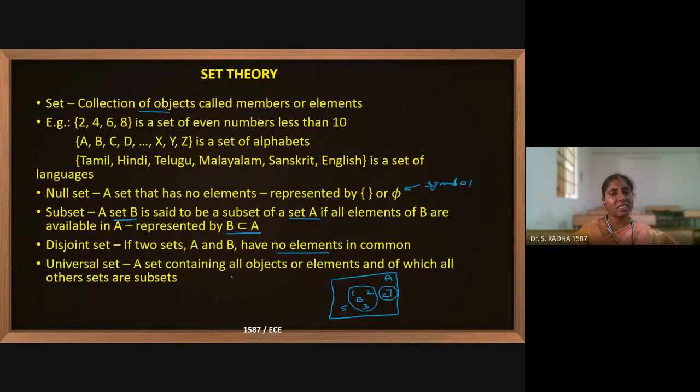A is called the universal set if all its elements are present in other subsets. All its elements means if I take this element also and name it D, now A, B, C, D: all these are subsets of A. B, C, D are individual sets. They are subsets of A. In this case, we are calling A the universal set. All the elements of A are covered by other sets which are subsets, and in that case, A is called the universal set. This is the meaning over here.